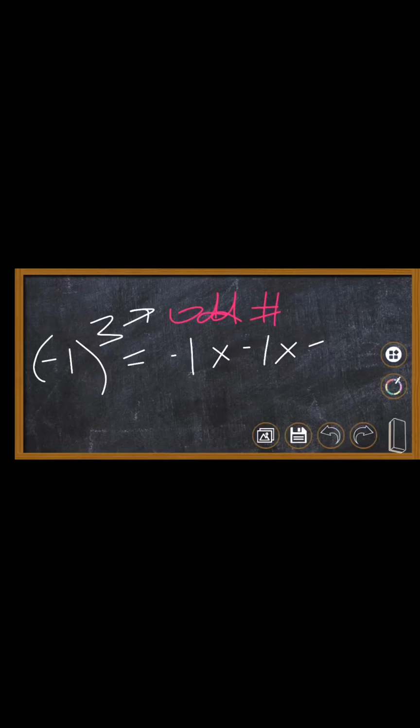Our first example is negative 1 to the power of positive 3, and that's an odd number. So what does it mean to raise negative 1 to the power of 3? It means negative 1 times negative 1 times negative 1. And if we simplify,